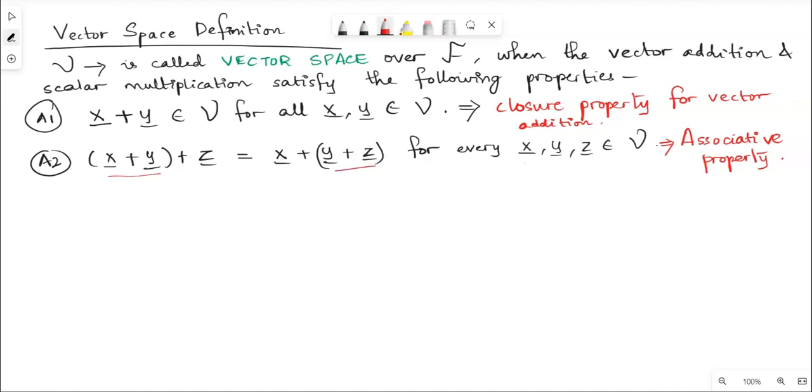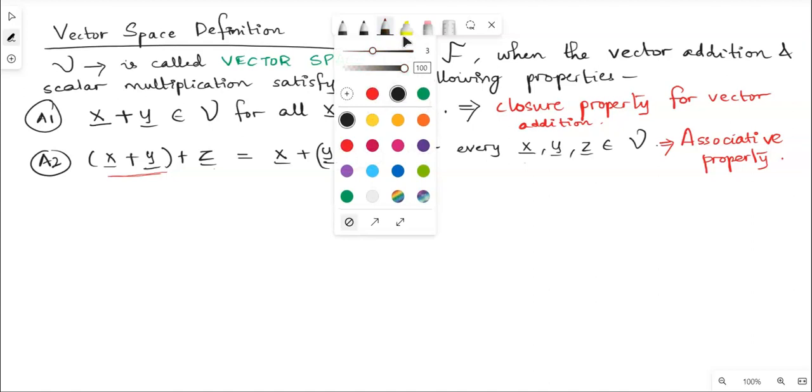Here you can see first we add x plus y, then we add z, but on the right hand side we get the same vector if we first add y plus z, and then add it with x. So this is how this property is defined. So let us go to the third property,